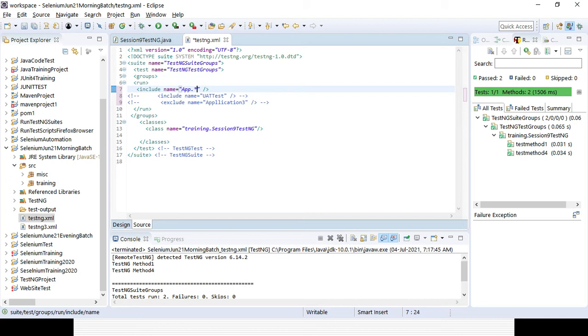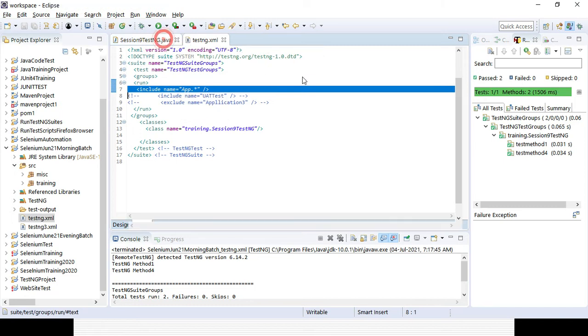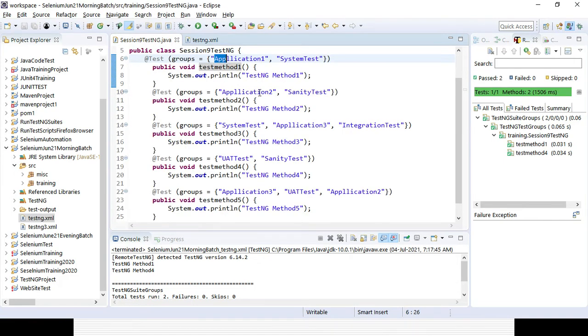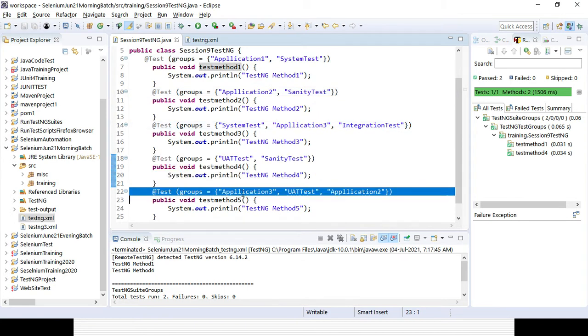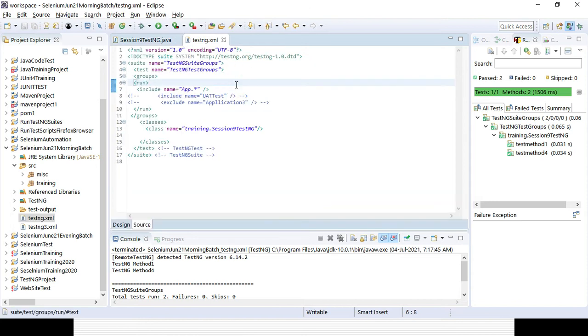So whatever test cases start with app dot star will be running. Application 1 will run, 2 will run, 3 will run. Only the test case with no app will not be run. So here 4 test cases will run, 1, 2, 3 and 5 out of 5, with the help of app dot star. Let's try to run it and see.